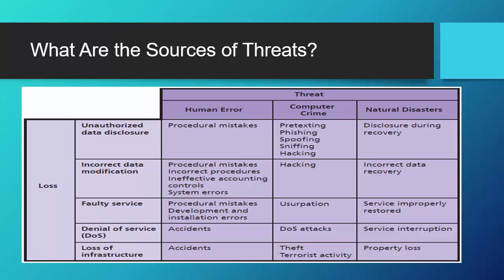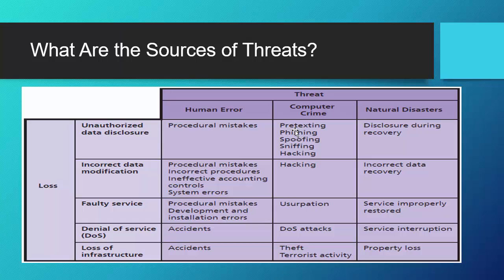As you look at this, you've got the human error kind, the computer crime kind, and the natural disasters. For the natural disasters, you need to have some sort of backup, maybe some off-site backup or off-site handling of your data in case you get hit by one of these natural disasters. Can you get your computers back up and running again? In terms of computer crime,